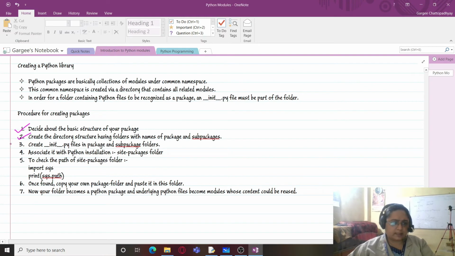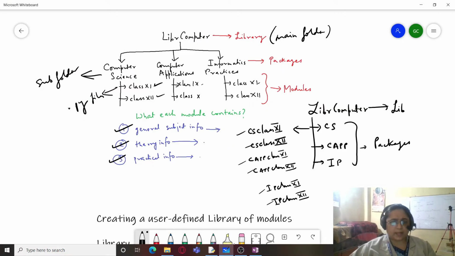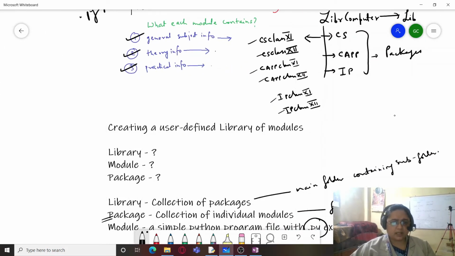My next step, the third step, is to create the double underscore init double underscore dot py files in package and subpackage folders. Now, a Python program can never become a module if it doesn't have associated with it a special type of file, which is this __init__.py.